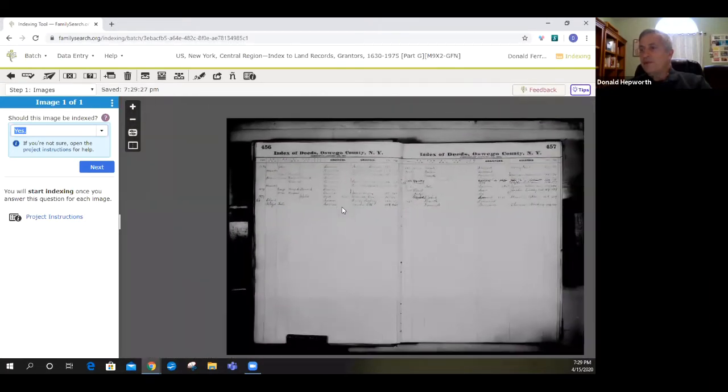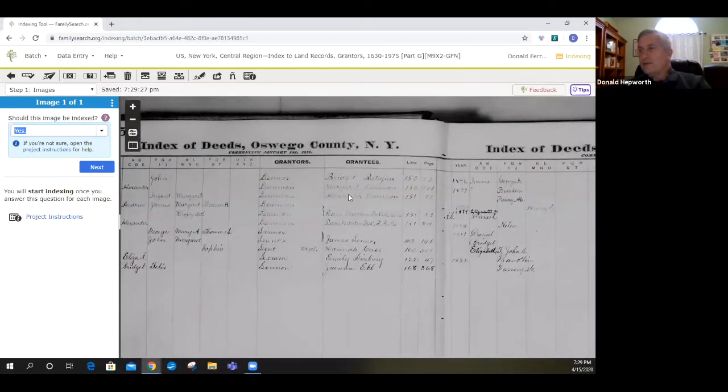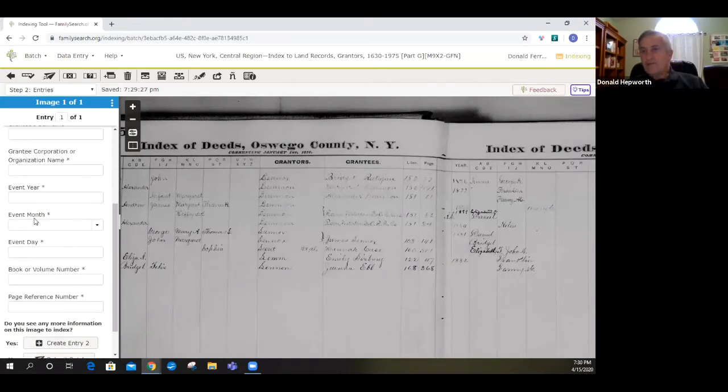You only see one image, but you're actually going to get probably 10 records. Just like that last one we were on, it had 10 records. You'll put all that information in 10 times to get 10 records, but on this one, all it's asking for